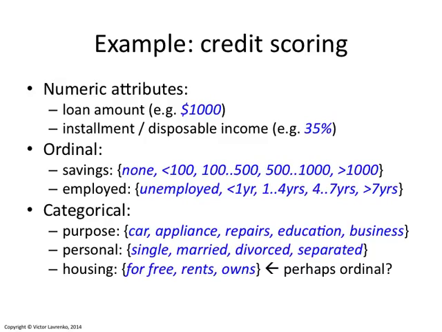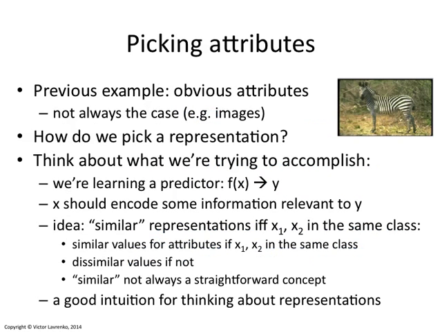Categorical attributes. Why is he getting this loan? Is he going to buy a car, or is he going to pay for his master's degree? What's his personal status? Where does he live? Does he rent? Does he own? Is he staying with the parents? In